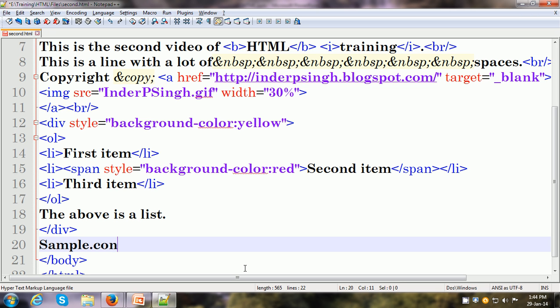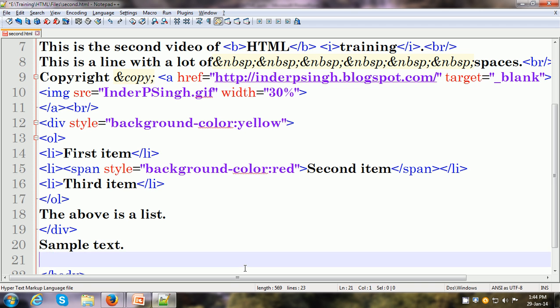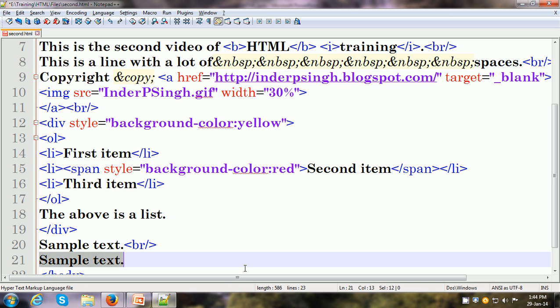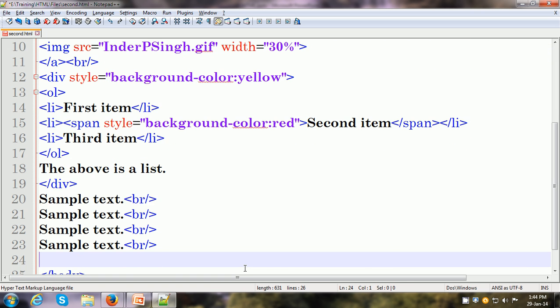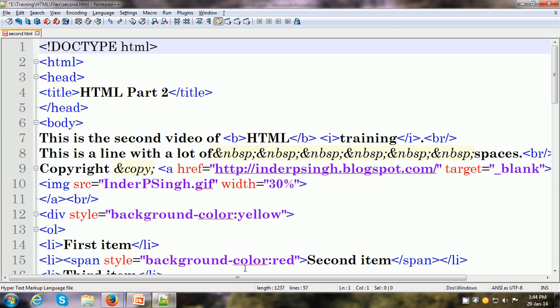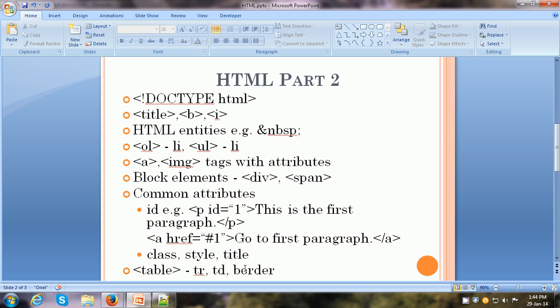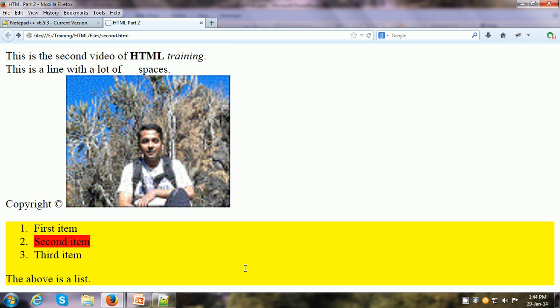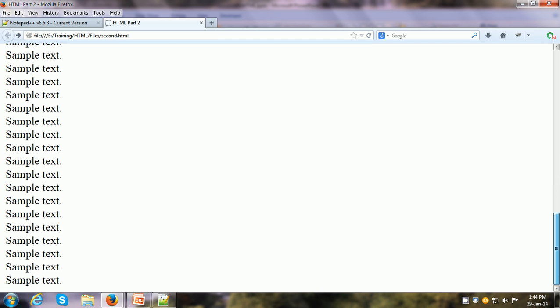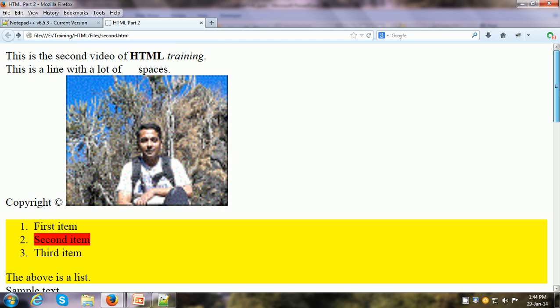I'm just going to put sample text and a line break also, and paste it a few times so that we can get a long web page, and refresh my web page. Now it comes with a vertical scroll bar and we can scroll down. There is a lot of text over here.